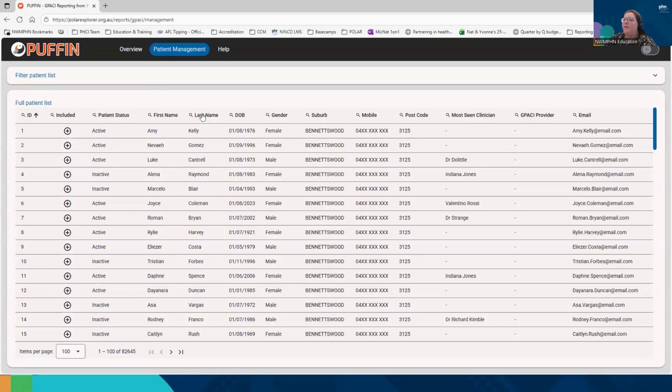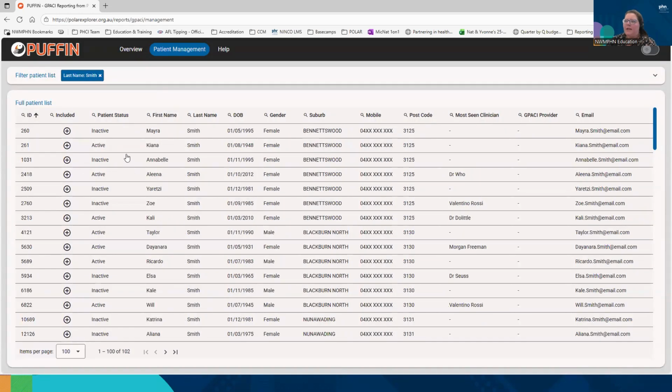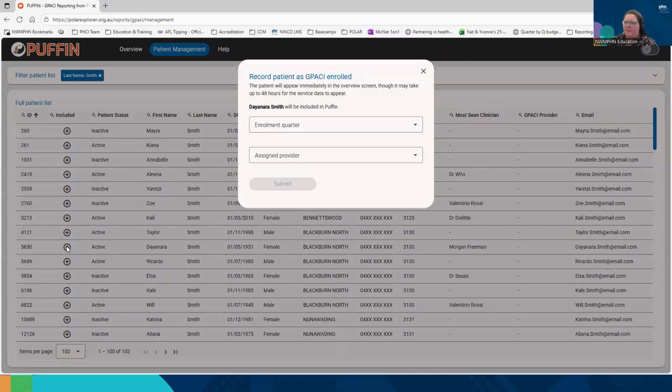So for example, if I'm going, I need to add in Mrs. Smith. So I can click in the little magnifying glass, it'll bring up my search. I type in the surname I'm looking for and click the box and apply my tick. It will then bring up all my patients with this surname Smith. I can find the Smith that I'm talking about, so we'll go with Dianara Smith. And if I click this plus button, this is going to record the patient as a GPACI patient. So it will take up to 48 hours for them to appear